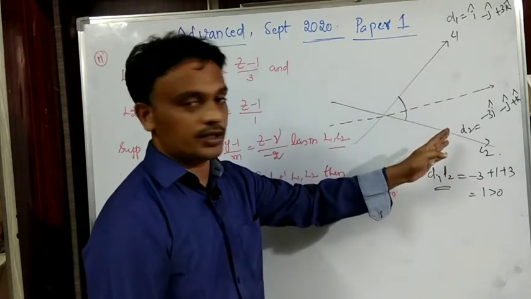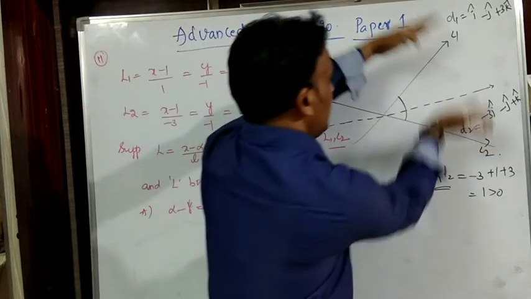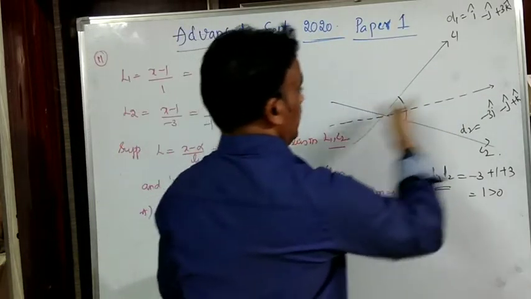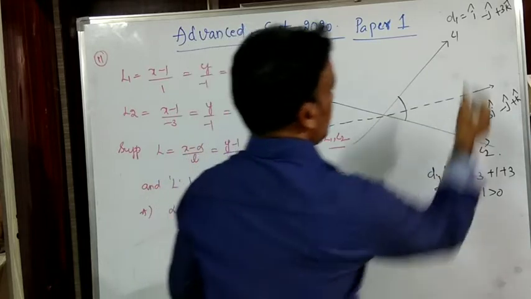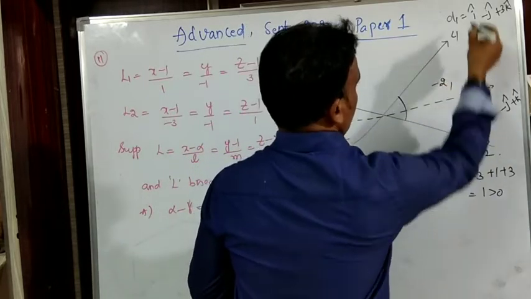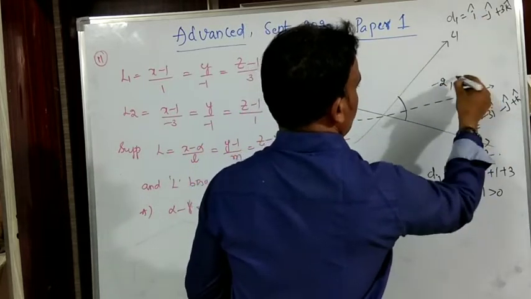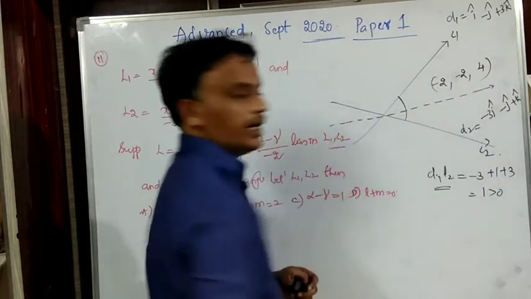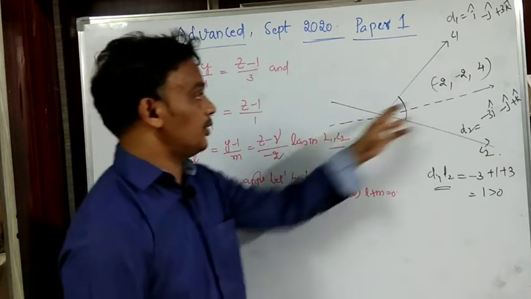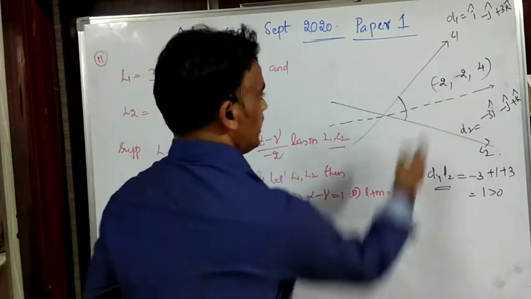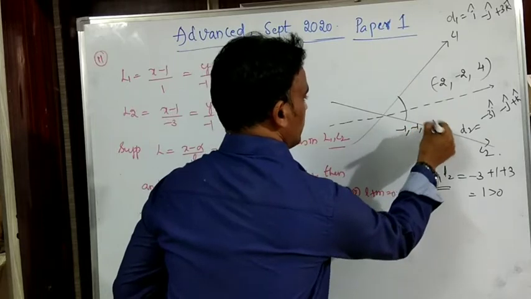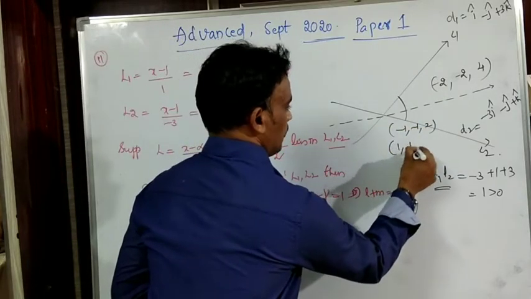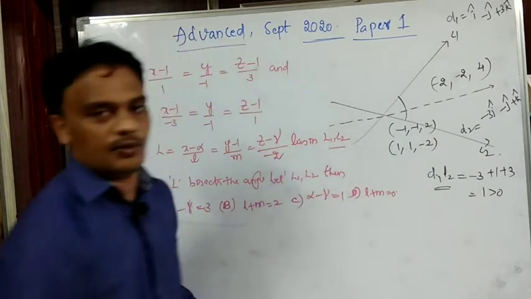When L1 and L2 are given, the acute angle bisector is the addition of these two. So what are the direction ratios of the acute angle bisector? 1 minus 3 minus 2, minus 1 minus 1 minus 2, and 3 plus 1 is 4. So those are the direction ratios of the acute angle bisector. Of course, I can write it as 1, minus 1 and 2. Right? And else the same thing is 1, 1, minus 2.